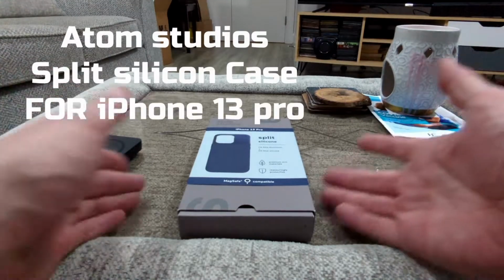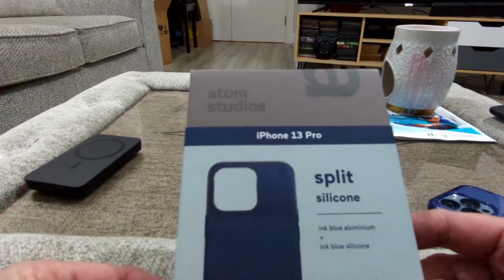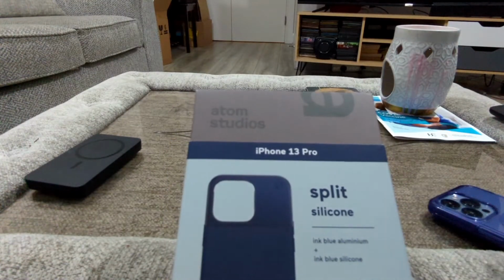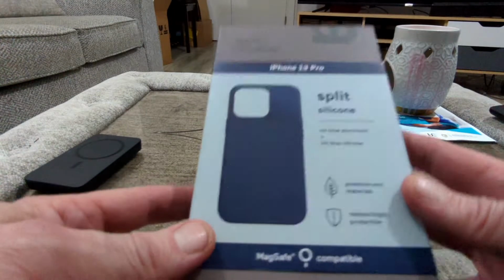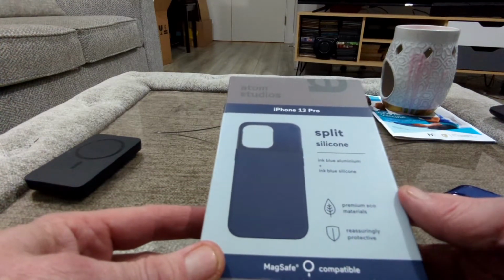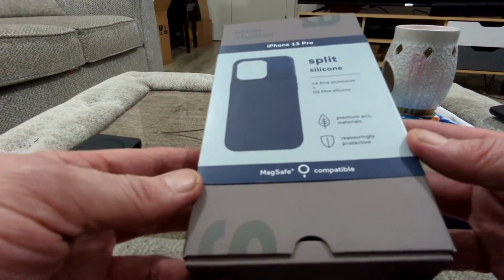Hello Jim, Tech Buzz. In this video, we have another case for the iPhone 13 Pro, and this time we have a new case from Atom Studios, who have launched a new range of products which are sustainable and environmentally friendly. So this is split silicone, ink blue aluminium, ink blue silicone, premium eco materials, reassuringly protective, MagSafe compatible,